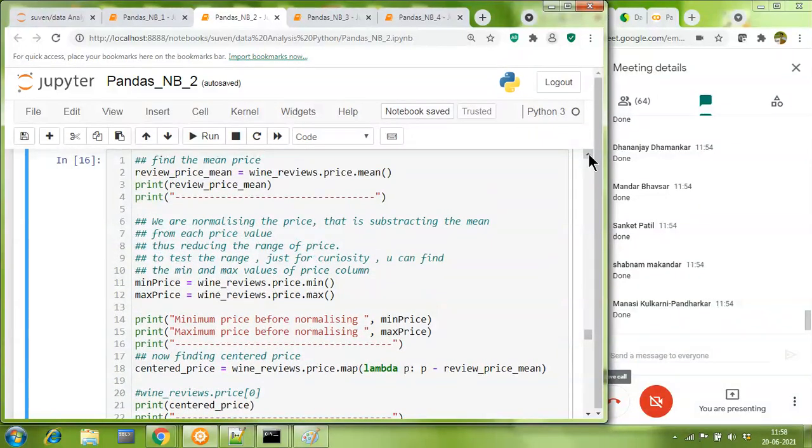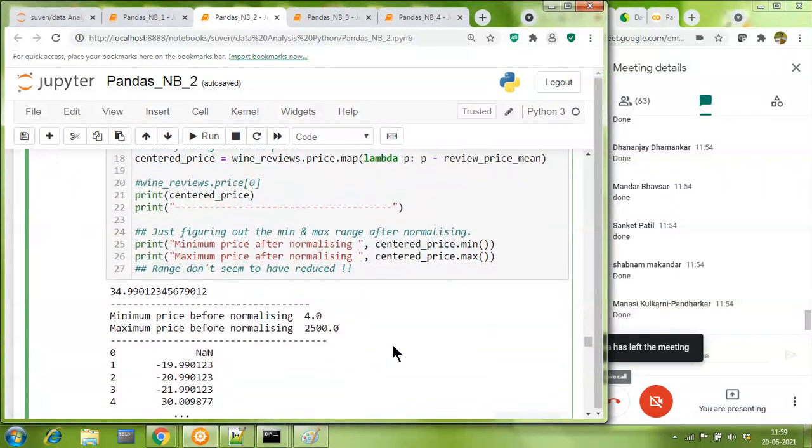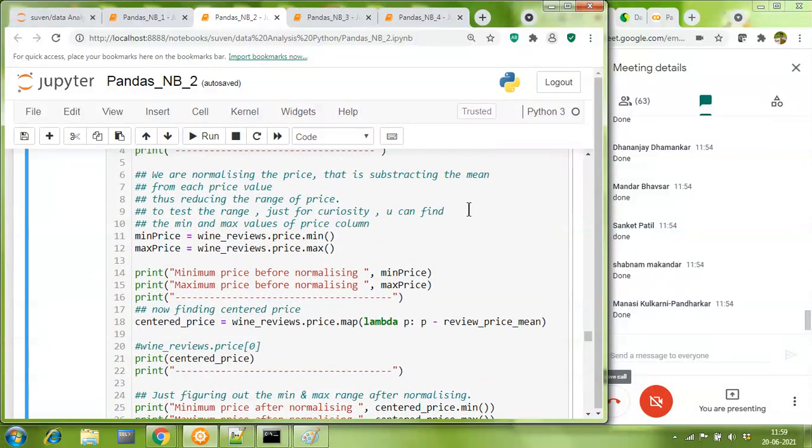What I'm doing next is just for curiosity. I thought I should print the minimum price of the wine as well as the maximum. The minimum and the maximum price of the wines are, oh my god, the wines are costing as low as $4 a bottle up to $2,500. My god, the older the wine, the more expensive it is. So I've got the min of the price and I've got the max. That gives you a kind of a range. Your wines are costing from this low to this high.